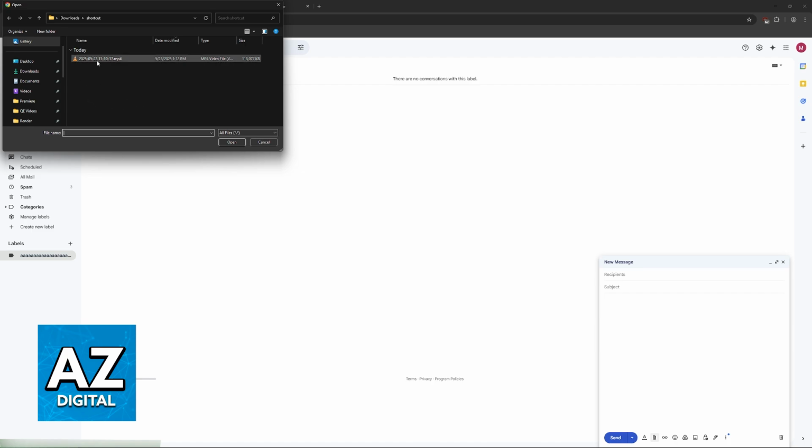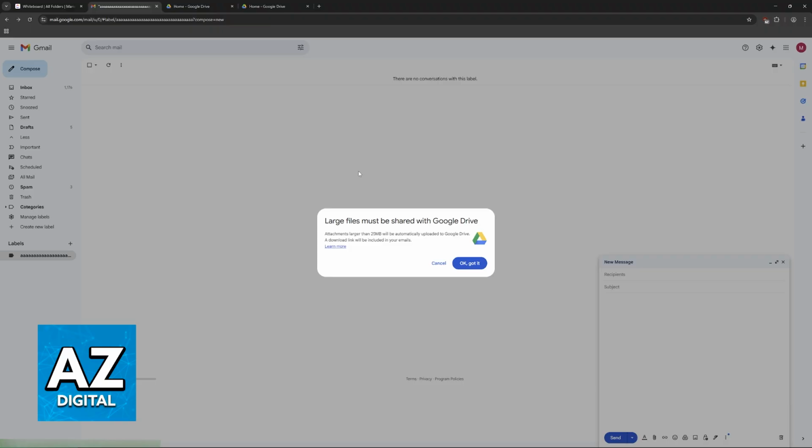So if you try to load a file like this, in Gmail in particular, they are going to offer to create a link in Google Drive. So this is actually the option that I recommend. The best workaround to this is to upload the big document or the big file that you want to send in another service, which can be Google Drive, but other services will exist, such as Dropbox as well. And once the document is uploaded in there, then the recipient can go over to that link and download it.